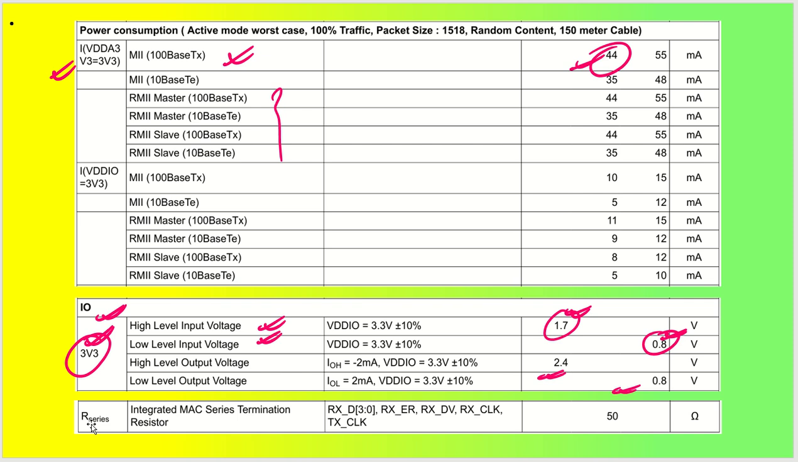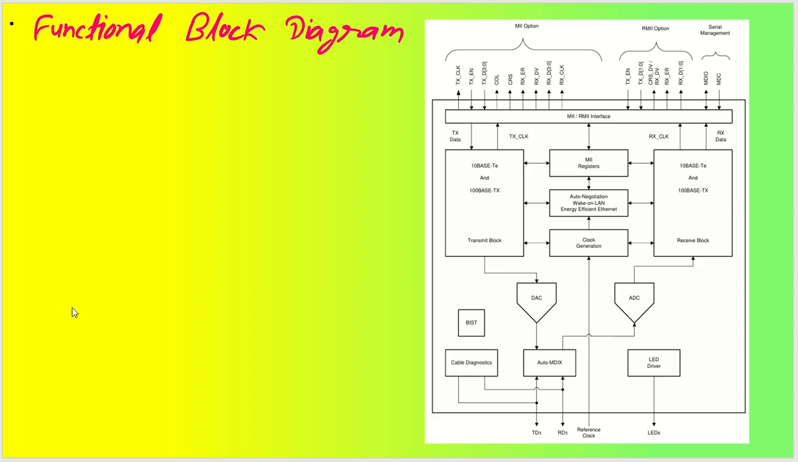If you talk about series resistors for RxD and Rx error, that is basically the receive data lines and receive error lines, and the receive data valid lines, receive clock lines, and similarly the transmit clock lines, we have 50 ohm resistors in series. So these are the max series termination resistors, which are already integrated, so we don't need to connect an external resistor for this purpose. Now if you talk about the block diagram of this particular IC, let me open it